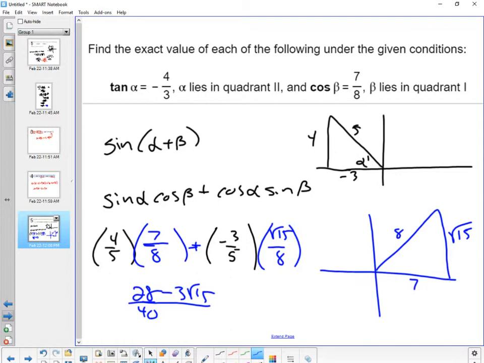28 minus 3... Is 28 divisible by 3? No. Nope. So you could do this. I don't know if it wants you to simplify the 28 over 40. Wait, could you just separate them? Yeah, you can. That's what I'm saying. I don't know if it wants you to simplify it further. So you end up with,